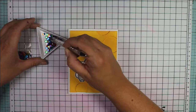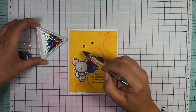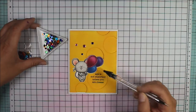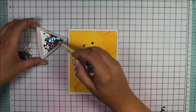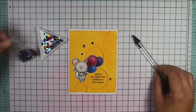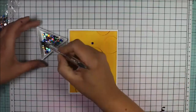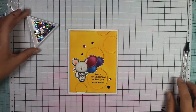So I'm bringing in some flat backed sequins here from Simon Says Stamp. I believe I got these in a card kit, so I'm not sure if they have a name or not, but they have various colors here, and the colors I'm picking out are pink and purple and the nice royal blue there. And I'm just going to add those